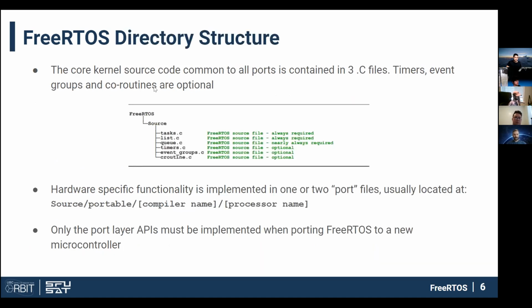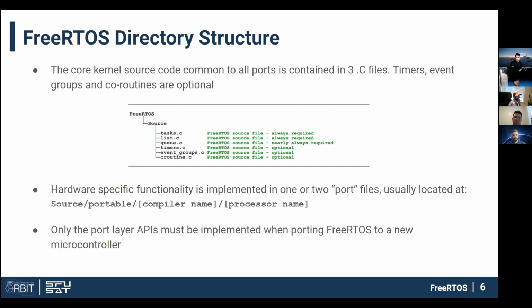So a brief word on the directory structure. I don't know if we actually use this code structure in Aliasat, but if you browse FreeRTOS on GitHub, it'll look something like this. So you have all of the common functionality, the scheduler, the data structures required by the scheduler to manage tasks, semaphores, mutexes, all that. All the generic functionality is implemented in task, list, and queue.c, which are just the core files of FreeRTOS.